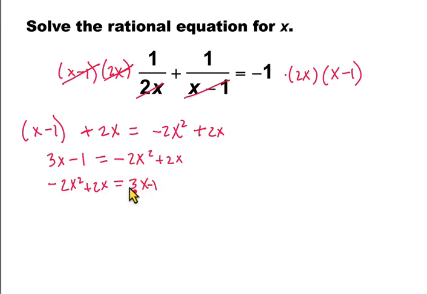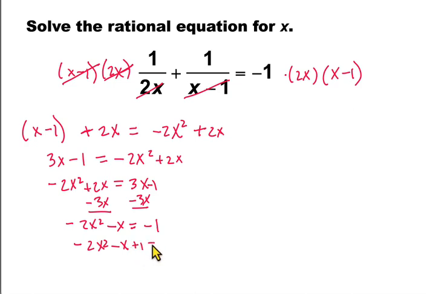Now I want to get rid of this 3x term from the right side, so I subtract 3x from both sides, and I get negative 2x squared minus x equals minus 1. Finally, I add 1 to both sides of the equation to get negative 2x squared minus x